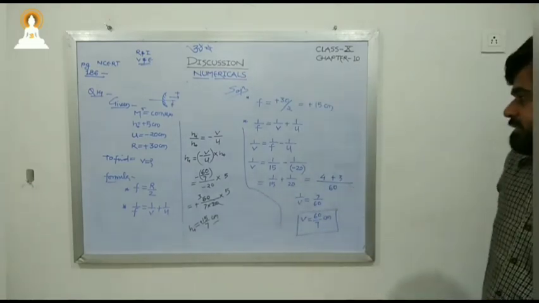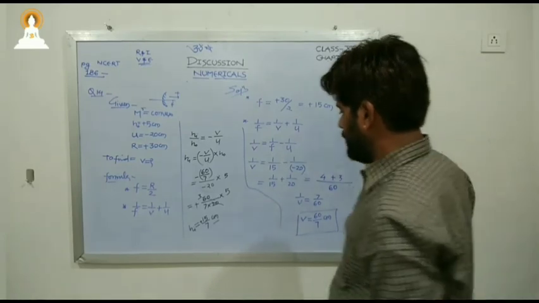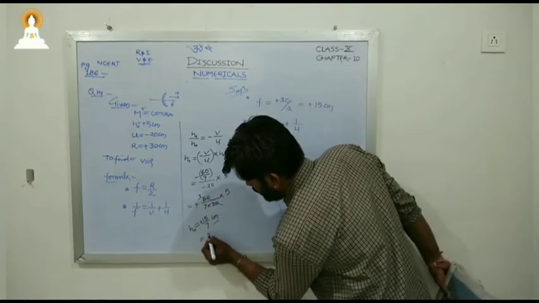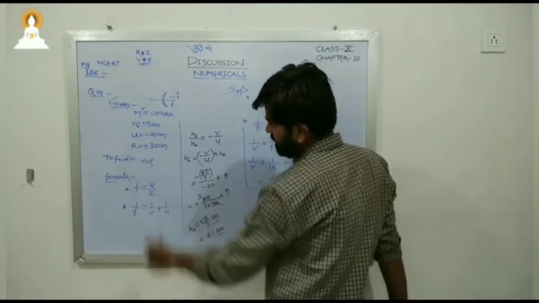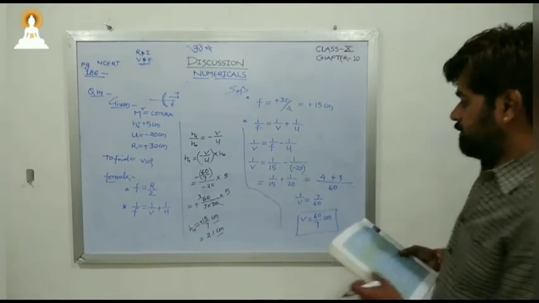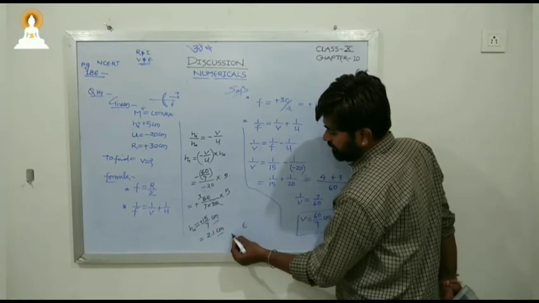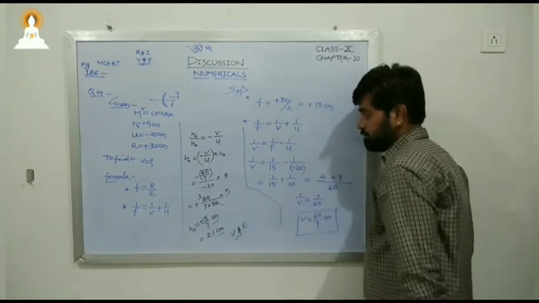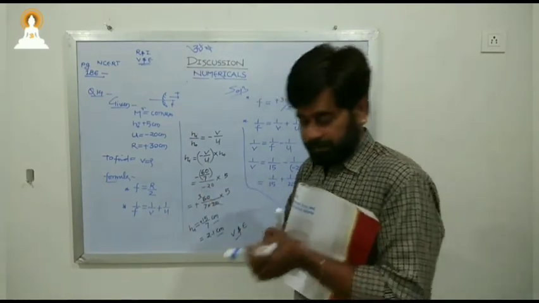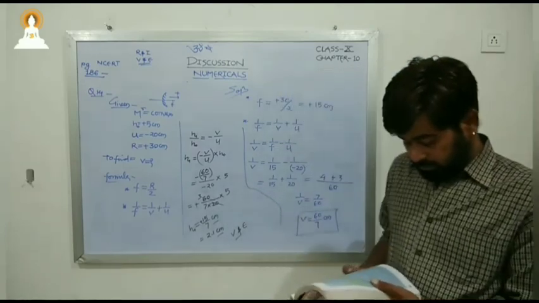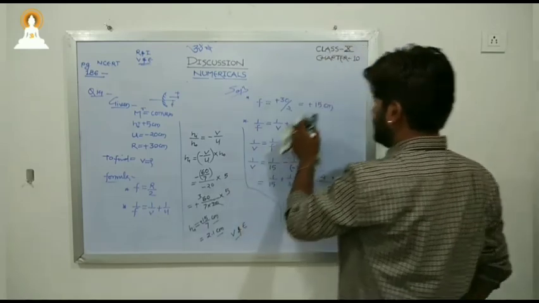So in convex case, we will have the height of image is 15 by 7, and that is nothing but 2.1 centimeter. So that is less than height of object. If height of image is plus, so we know this will be erect. The image is virtual and erect. So that will be convex mirror. Convex mirror will always form virtual image. That will be the erect one too. So this was question number 14. Let us move to question number 15.